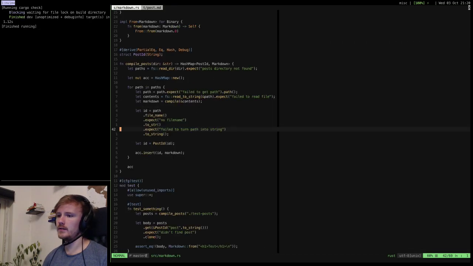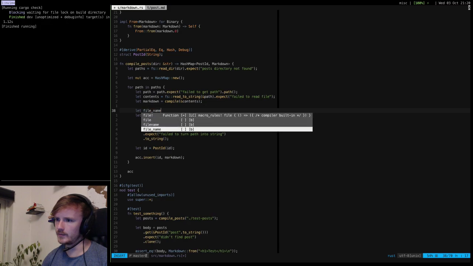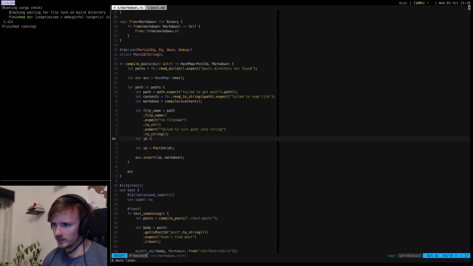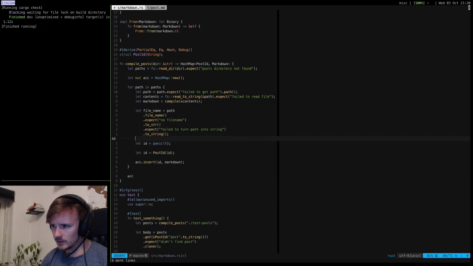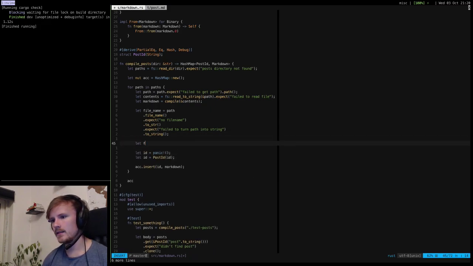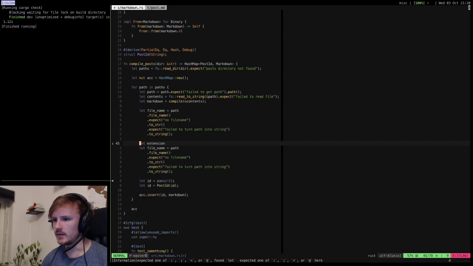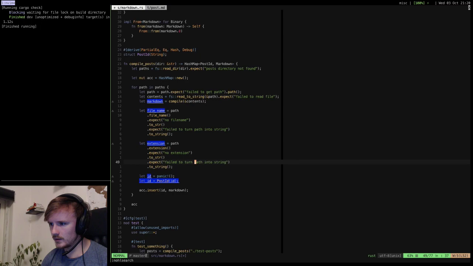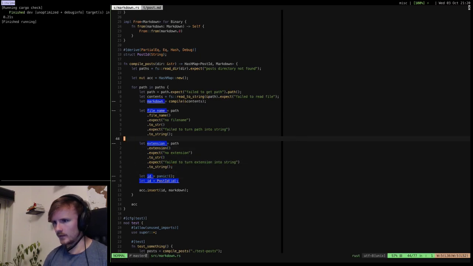Same failure. So let's say let file_name be this stuff. Let's not worry about this for now. Let extension. Extension is very similar, right? Except for file name, we call extension. No extension. And then we just want to